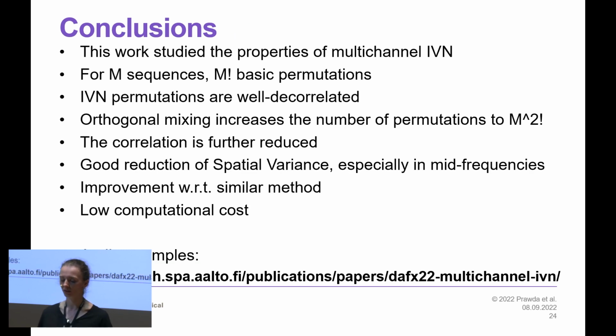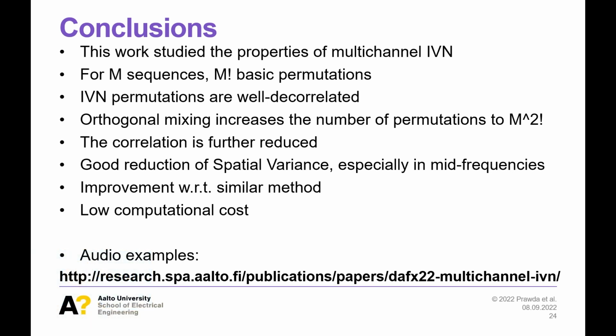So to conclude, in this work, we studied the properties of multi-channel interleaved velvet noise. If we use M EVN sequences, we have M factorial basic permutations, which are well decorrelated. And then we can introduce this orthogonal mixing that increases the number of our permutations, but also decreases our correlation between the channels. And we achieve good reduction of spatial variance, and we kind of pose an improvement to the previous method